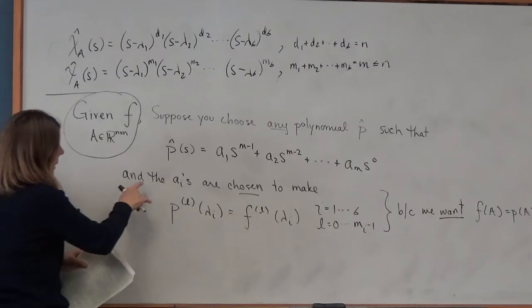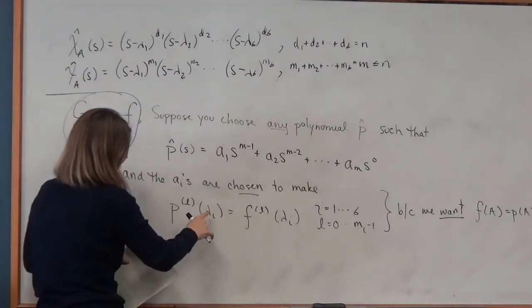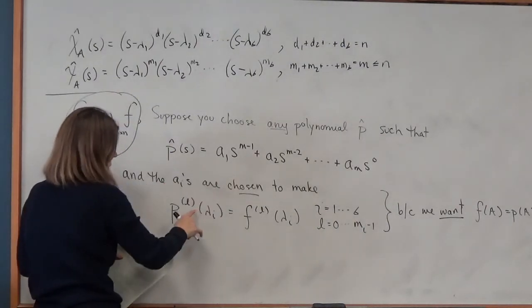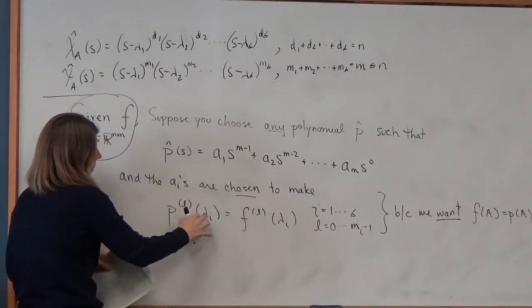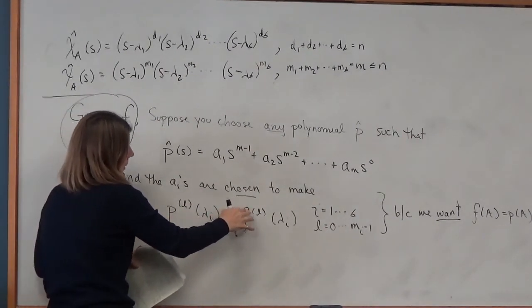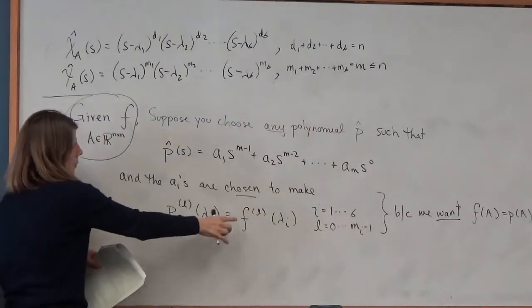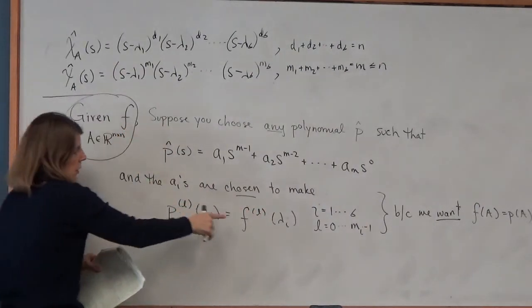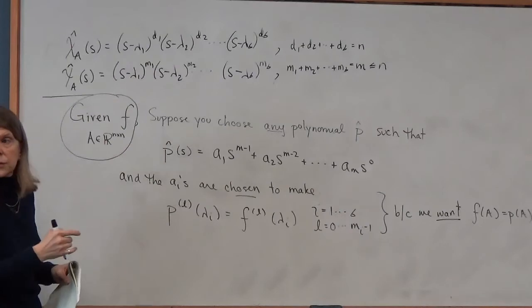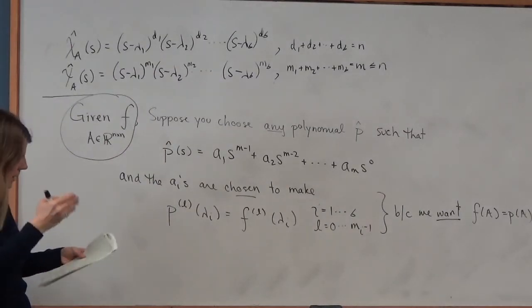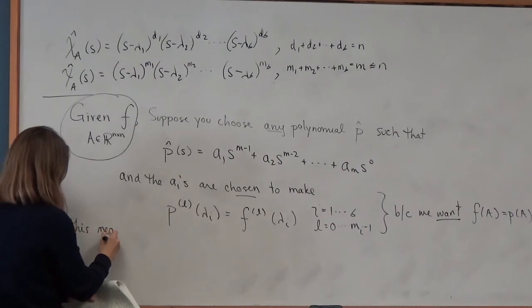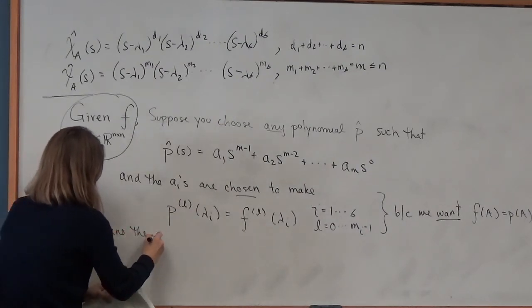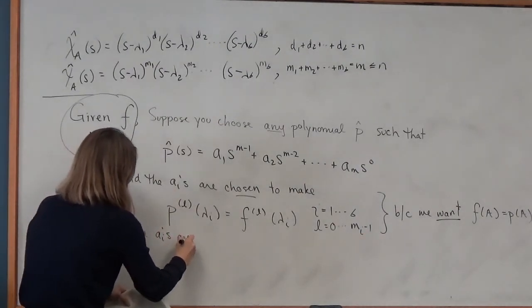So what does it mean if the AIs are chosen? These coefficients are chosen to make the corresponding derivatives of p evaluated at lambda I equal to the corresponding derivatives of your given function evaluated at lambda I for those indices. It basically means that the AIs are functions